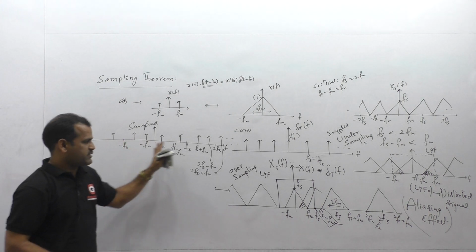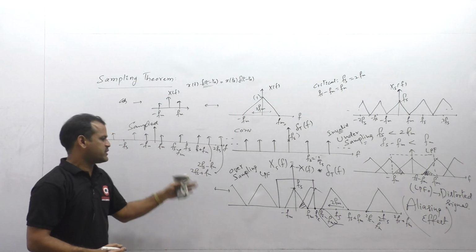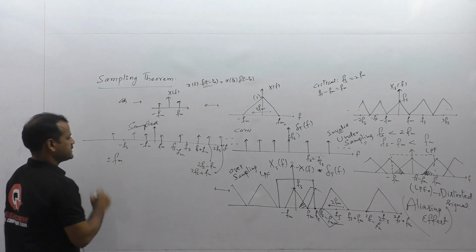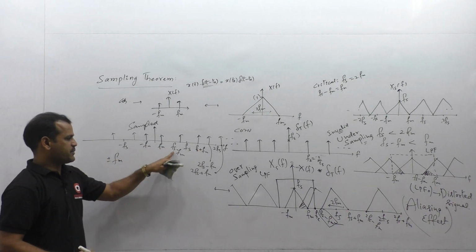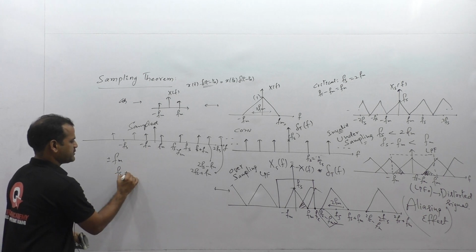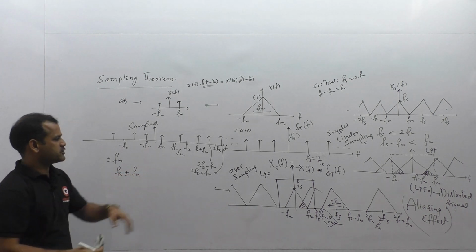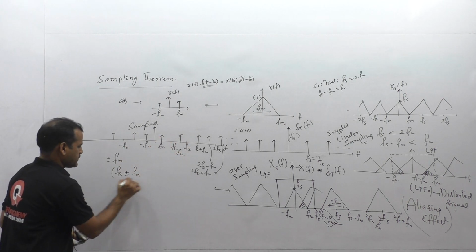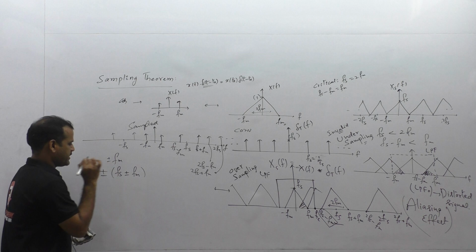And what are the frequency components that exist? Let us list out these frequency components here once. This is plus or minus Fm. Next it is Fs plus Fm, Fs minus Fm. That means Fs plus or minus Fm, these two components, and the corresponding negative version. That means plus or minus.